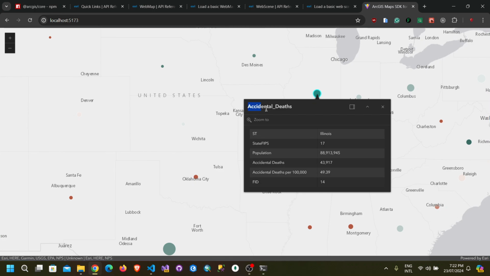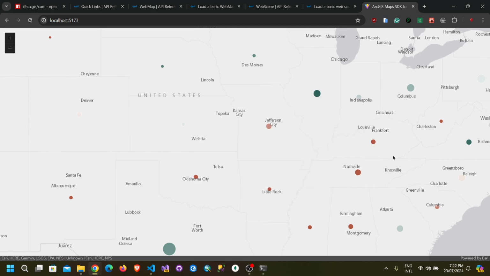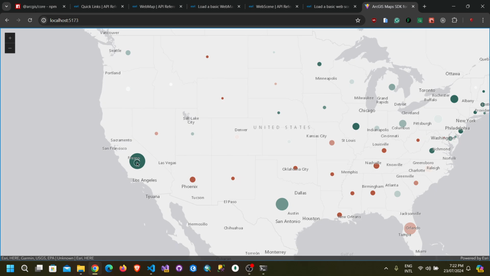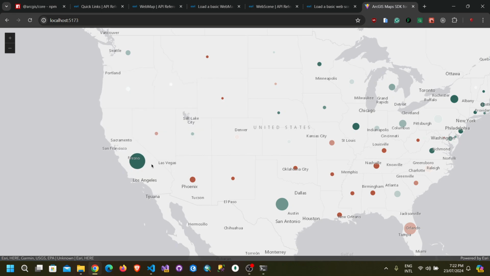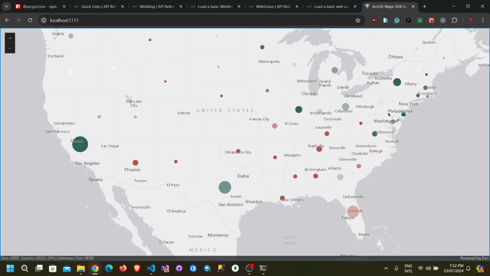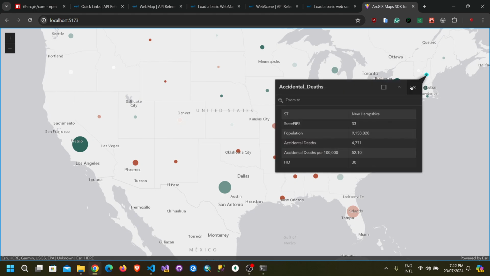Now, it's a web map related to some accident. Okay, and let's click on this one. Yeah, so it's giving the data related to the accidents for different states of US. Okay,